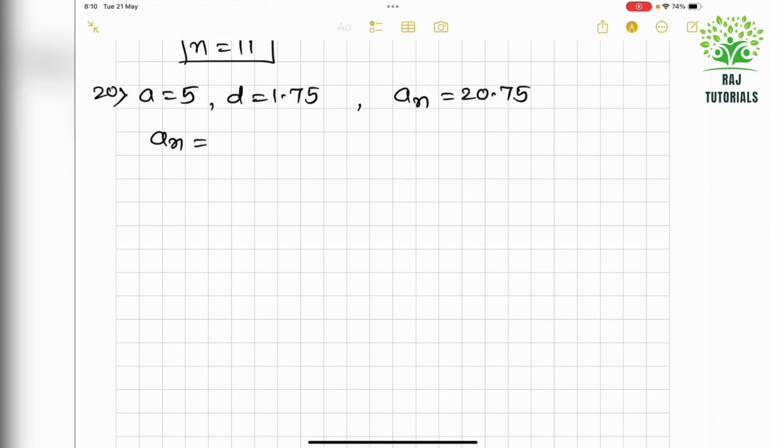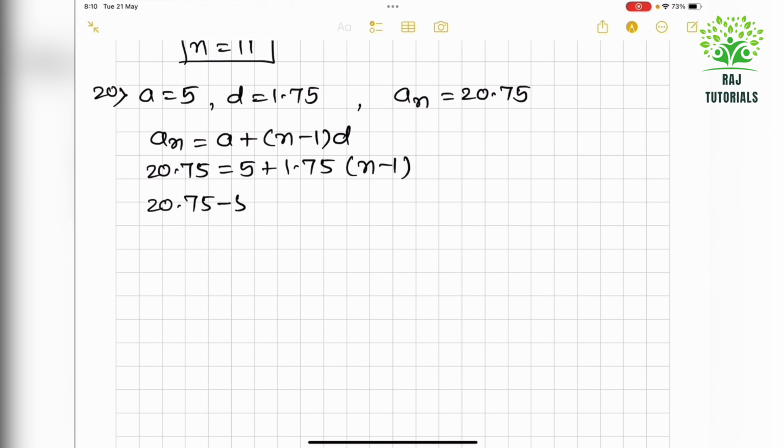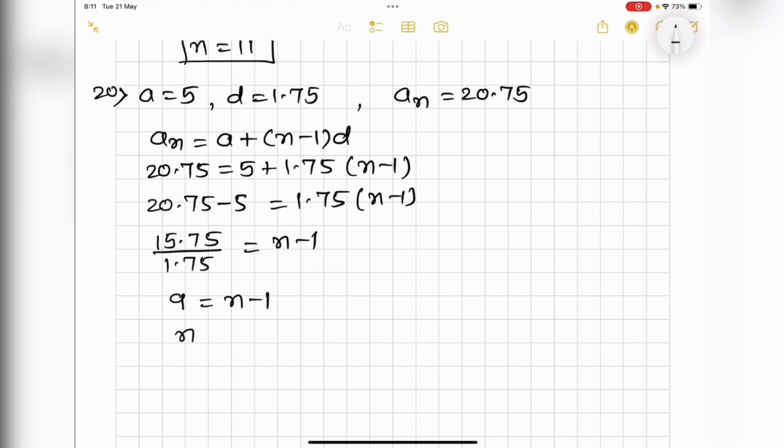So again I will use the same formula, AN equal to A plus n minus 1 D. So 20.75 equal to 5 plus 1.75 into n minus 1. So 20.75 minus 5 will be equal to 1.75 into n minus 1. 15.75 upon 1.75 equal to n minus 1. So 9 equal to n minus 1. So n equal to 10. So in the 10th